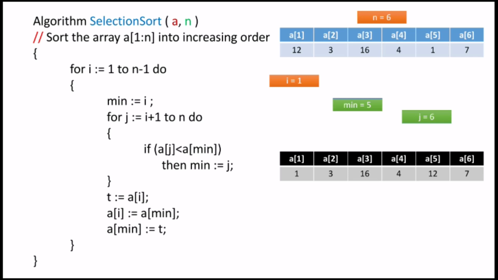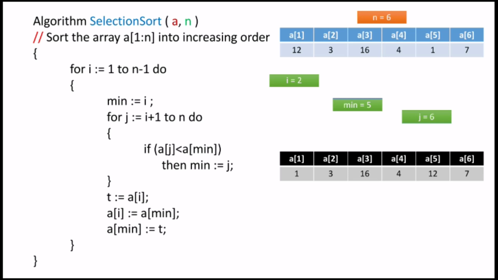Now we will increment the value of i by 1. So i plus 1 is 2. So the new value of i is now 2. Now again we have to find the second minimum number, and to get this repeat the same steps. To see how to repeat these steps you can watch my selection sort video.